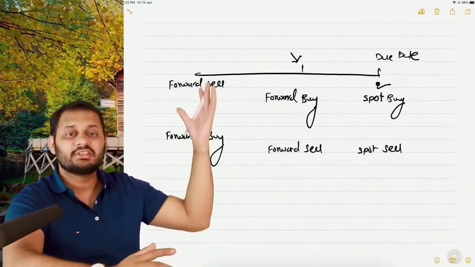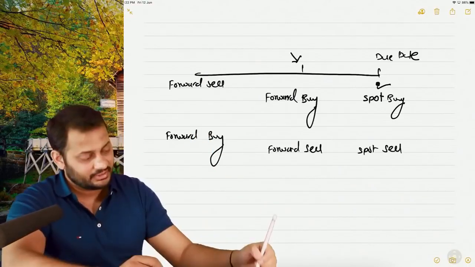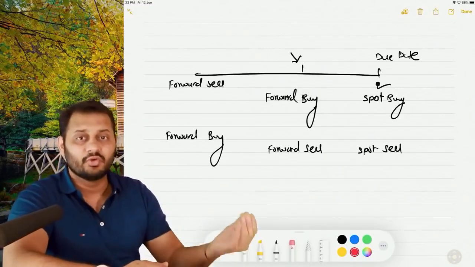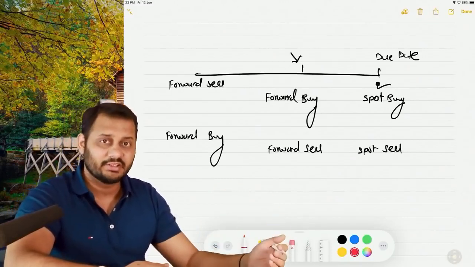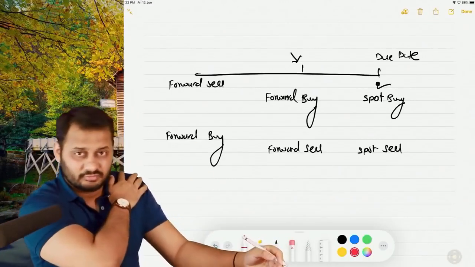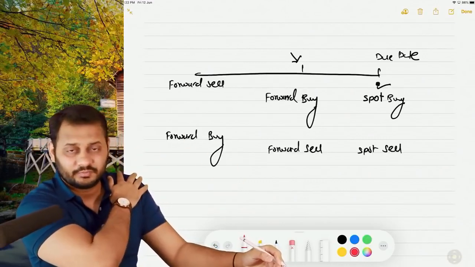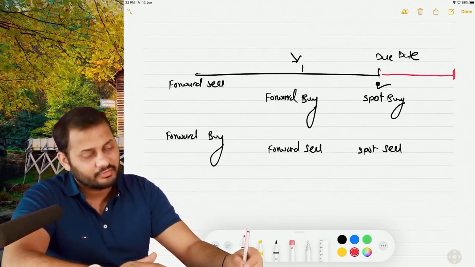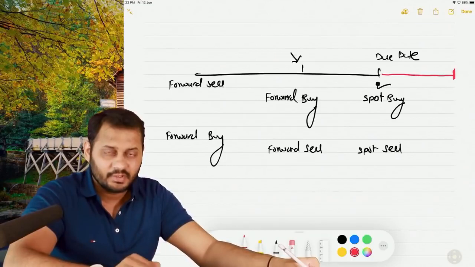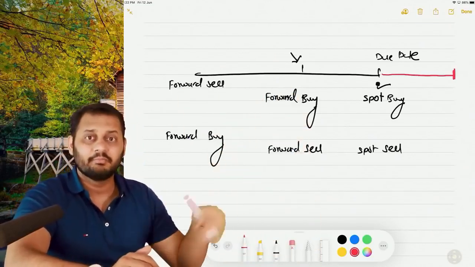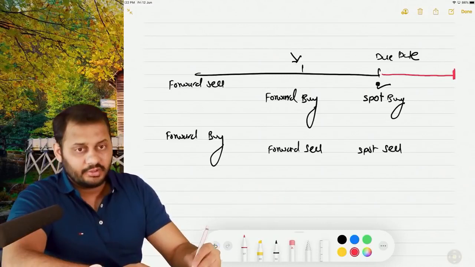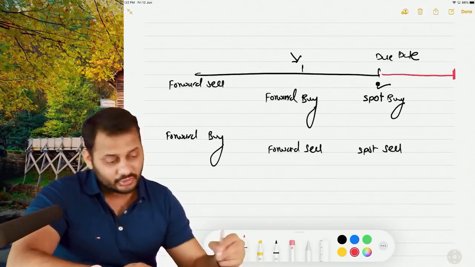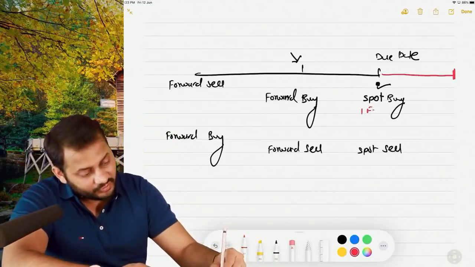In case of extension, the same thing is applicable. The only additional part is that you will take a new contract, because you want to extend, that means the customer wants the delivery after some date. Let's take for example, he wants delivery 1 month after the due date. In this case the same thing will happen, plus if you are cancelling on spot, 1 month is left for the delivery, so here you will take a 1 month forward